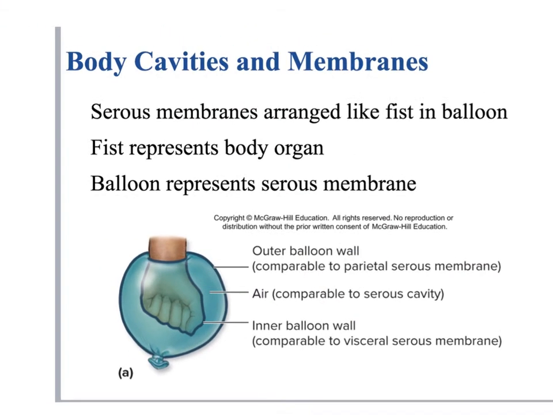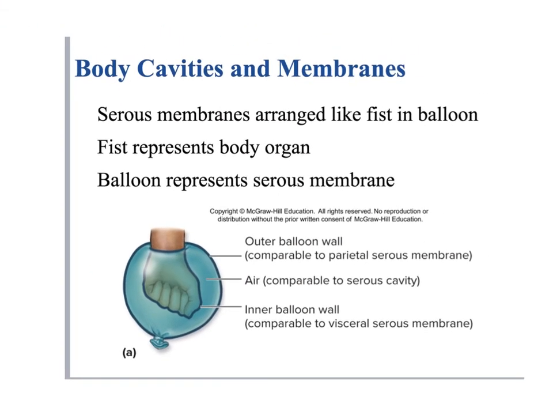So here's what the serous membranes look like. They're arranged like a fist in a balloon. Take a big water balloon that's moderately full, and push your fist against it. The piece of the balloon that's around your fist represents your visceral serous membrane. The layer separated from your fist by fluid, on the outside, is the parietal serous